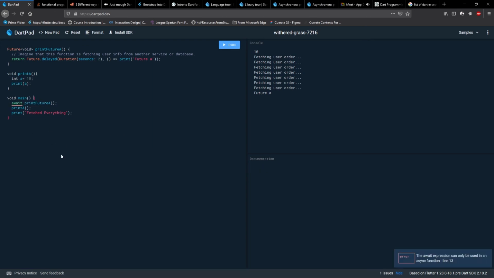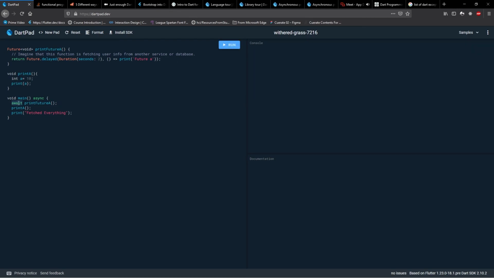When you use the await keyword, you're going to wait for this 2 seconds to complete. You're waiting for this thing to finish its process, and only then you're going to execute the remaining statements. When you use the await keyword, the main function will become asynchronous. You have to use the word async after the function name and brackets if you want to use the await keyword. So I'm going to hit run now.